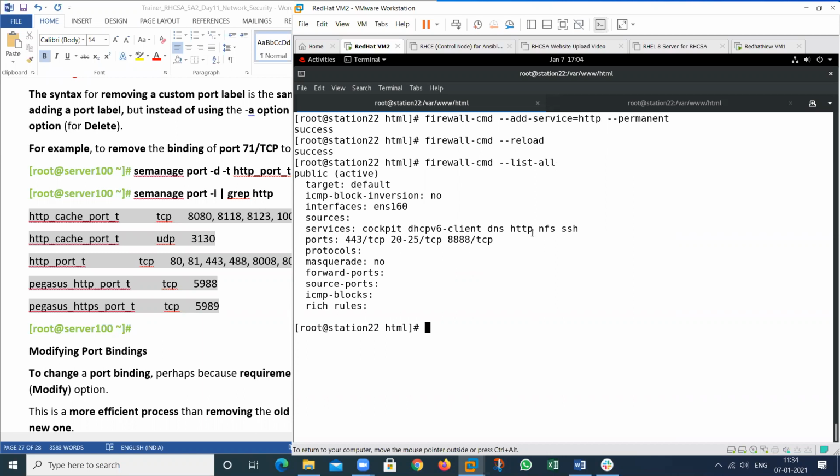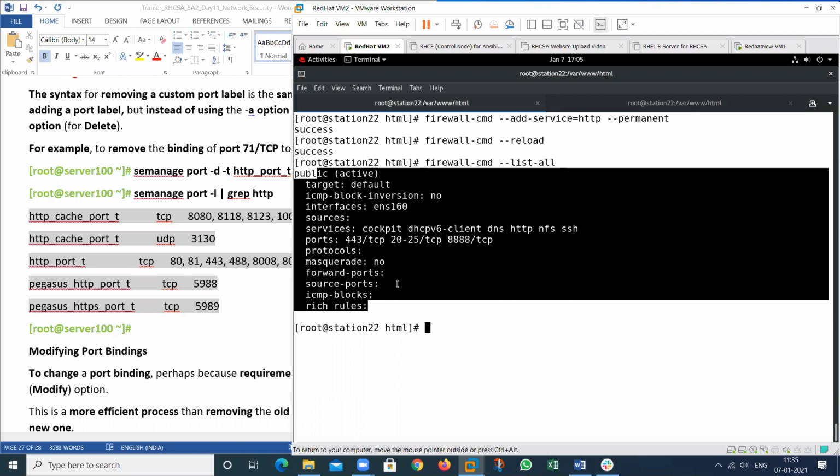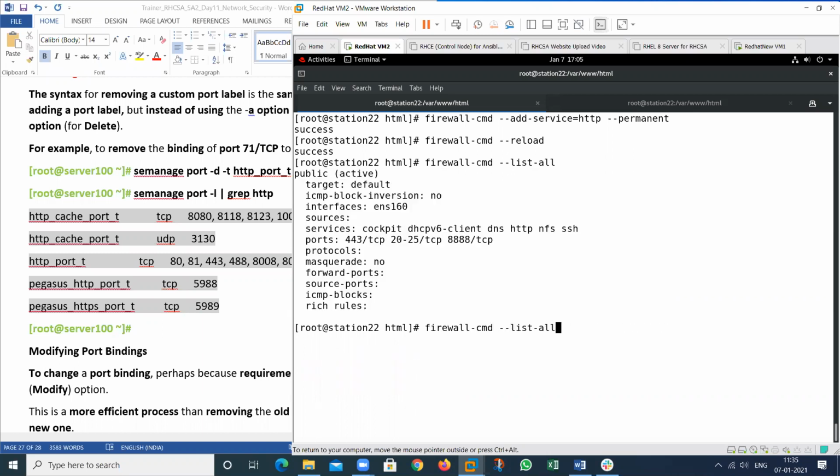This is the real example. At this time, I can add the port number, that is 80, or I can also add the service. If this service is added in the firewall, then the firewall will allow that service to be accessed through the network. If you want to open this service only on your local machine, there is no need to add this service in the firewall. Now restart the service again.